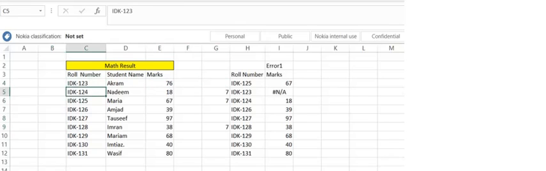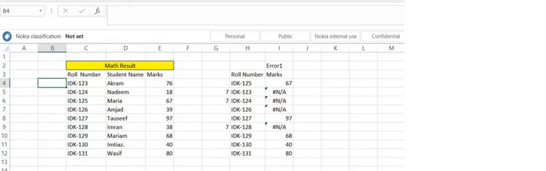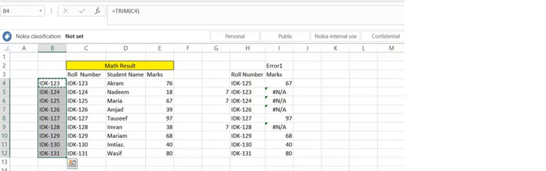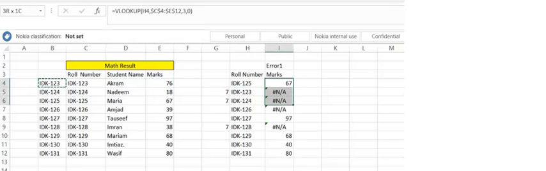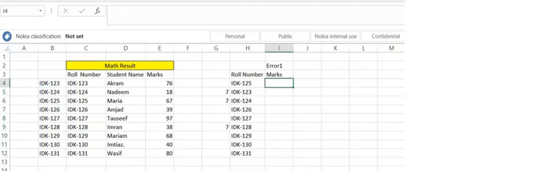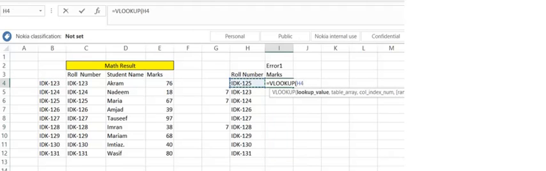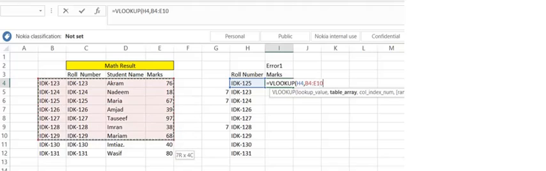For example, I put spaces in multiple rows, multiple cells, to check whether this is working or not. I will use the TRIM function, and I copy this function till the end. Now I will use the VLOOKUP again, using the cell H4. Now I will not select from column C, but I will select from column B to column E,